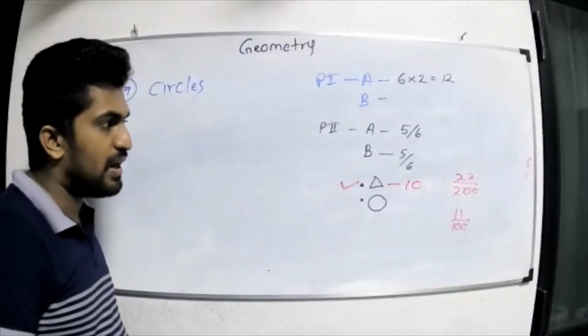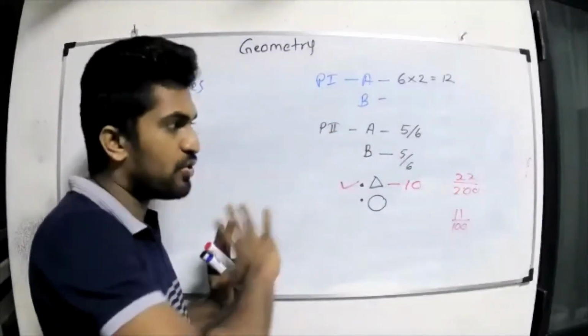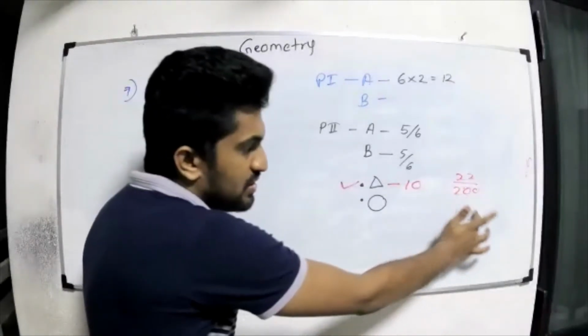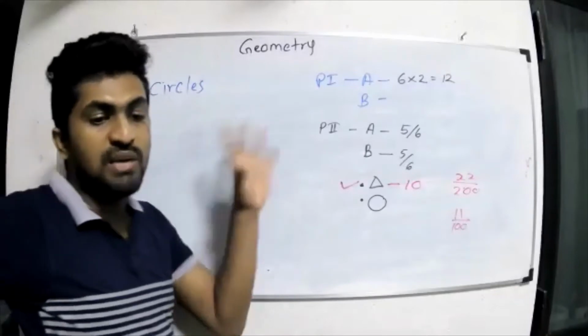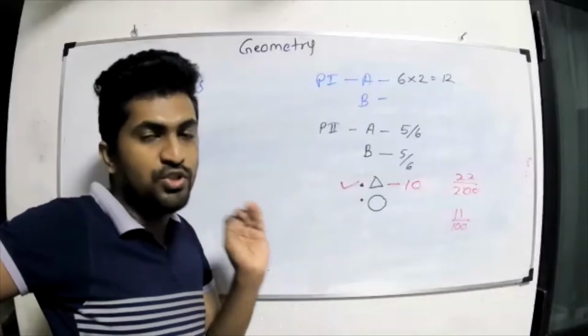And this is not the only part. In construction they will also give you a geometry question, but I'm not counting that one here. Without the construction one, you have 11 marks out of 100 to score from geometrical theorems. That's why I told you, you have to keep all the geometrical theorems in your mind.